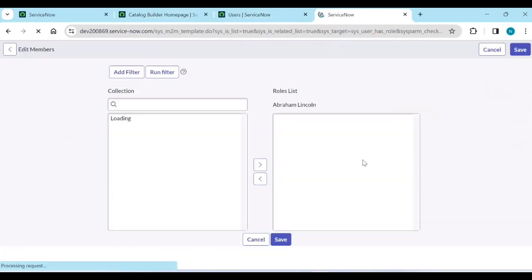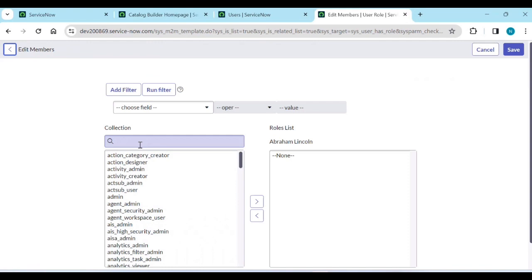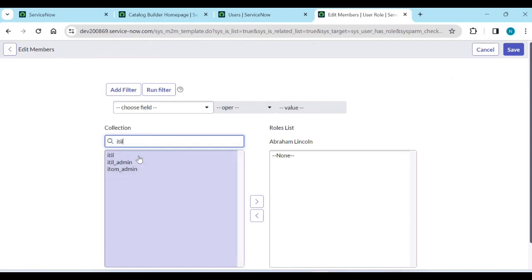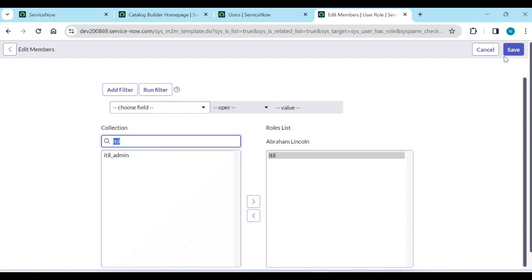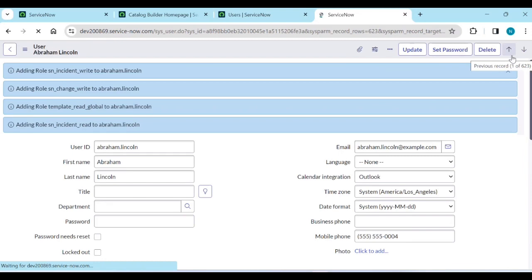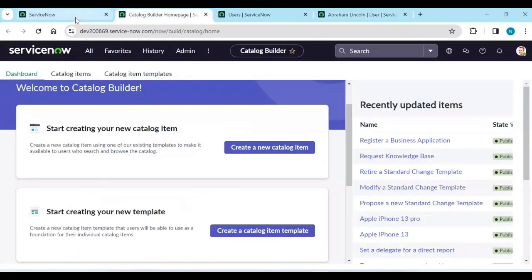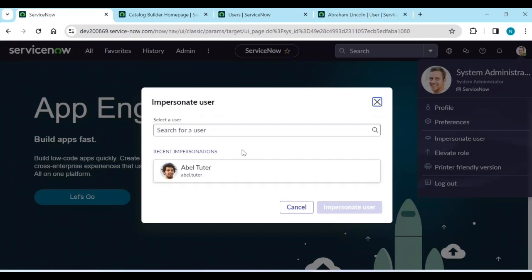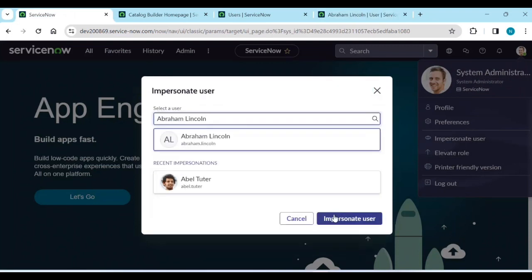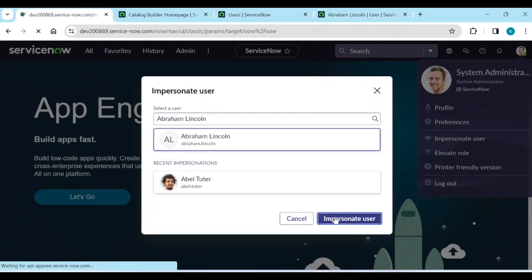He has the ITIL role also. Save. Now if I impersonate Abraham Lincoln,